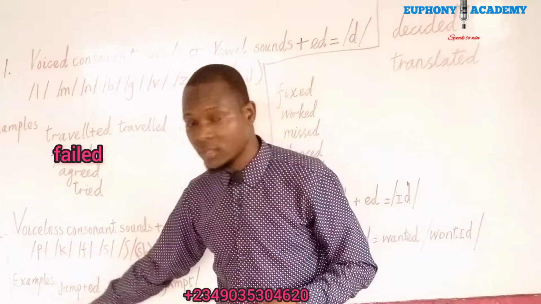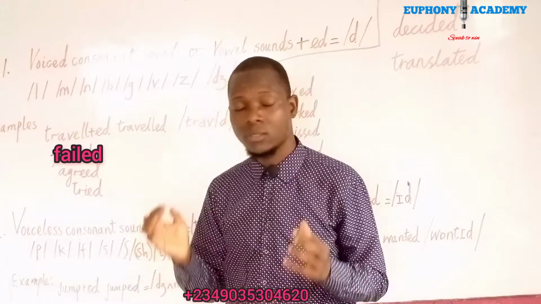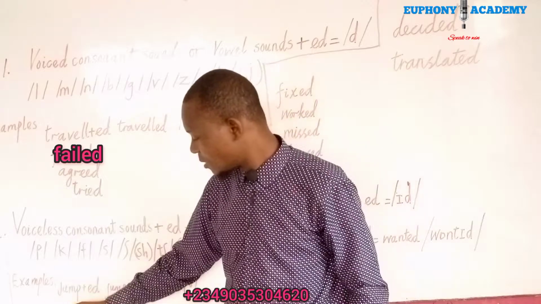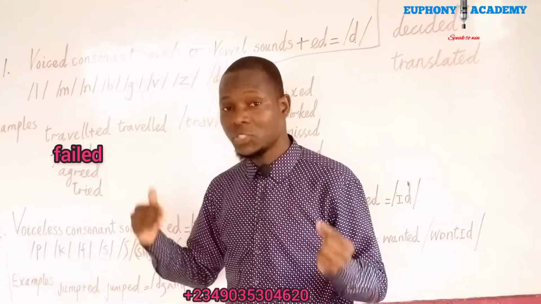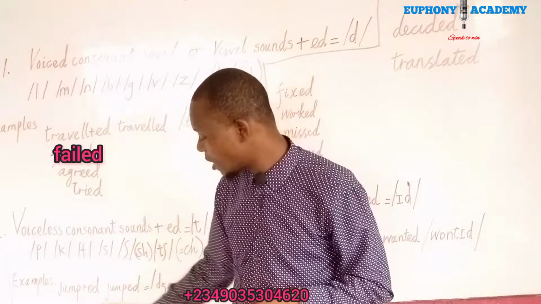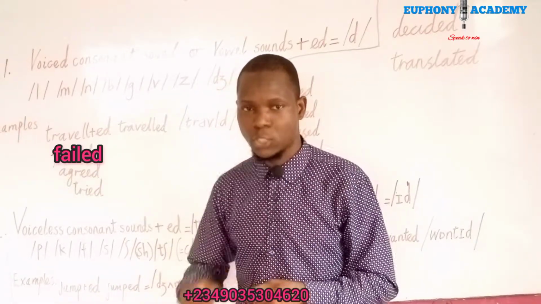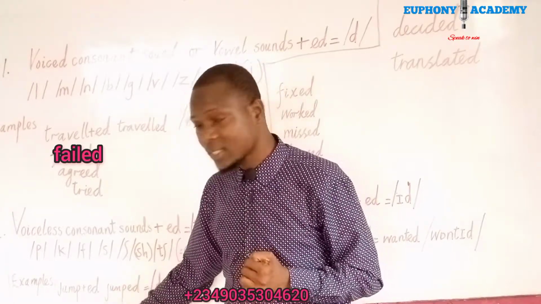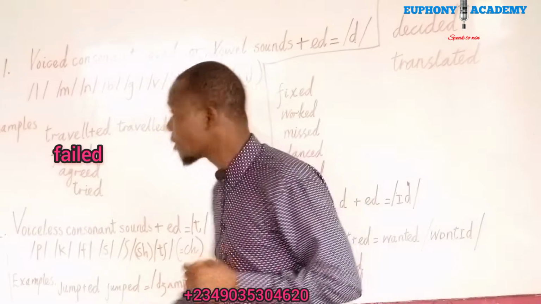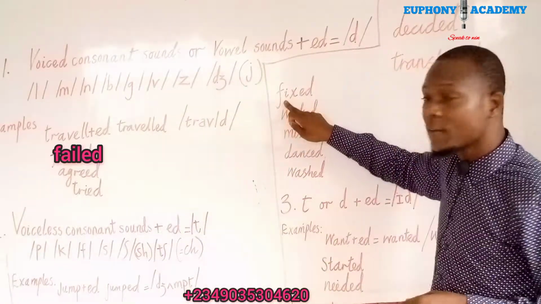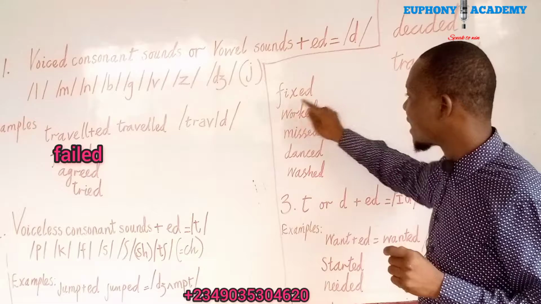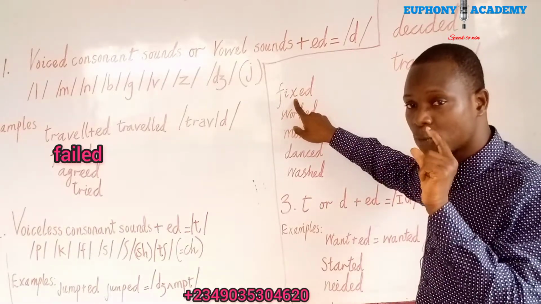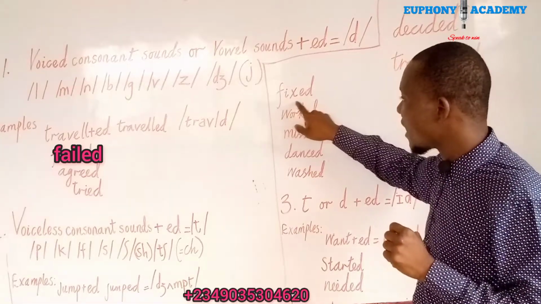Now here are examples of words where you can pronounce the ending as t. Okay. For example, jump. You don't say jump-ed. What you have to say is jumped. Well, you have an ed after it, so don't say jump-ed. You have to pronounce it as jumped. So these are our examples. Fixed. You don't say fix-ed. Fixed, because this word ends with what sound? With a voiceless consonant. Fixed,